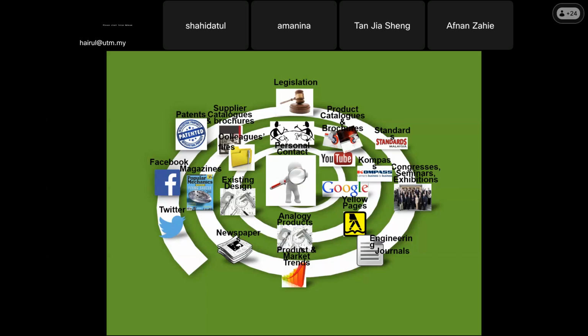This design company used Facebook and Twitter only at the end, after they had made their product. After the prototype, when they want to sell it in the market,